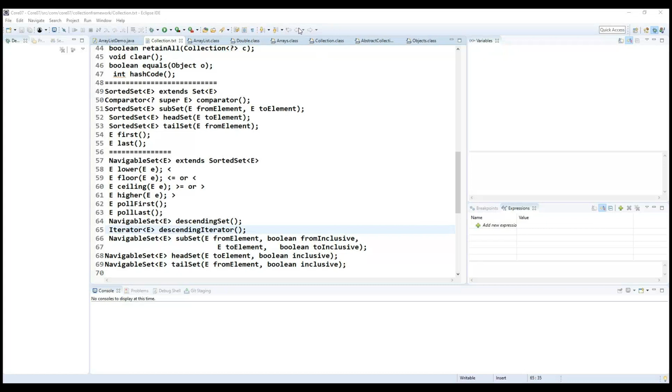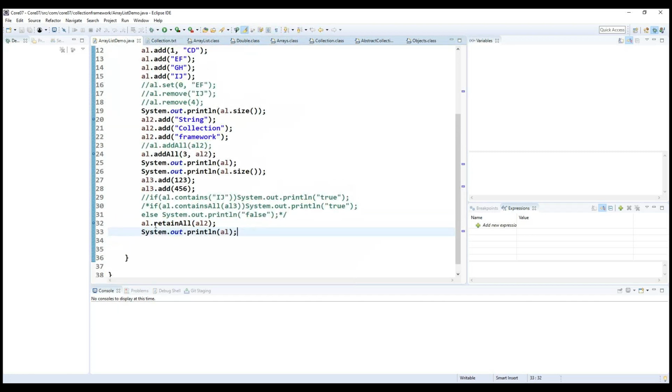Good morning, everyone. In the last session, we discussed one of the important examples, some of the methods which are available inside this particular ArrayList. Okay, so we'll continue with the remaining methods and how we can use them in the ArrayList class. So if we observe carefully what we are doing here,